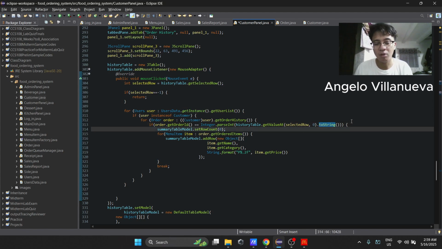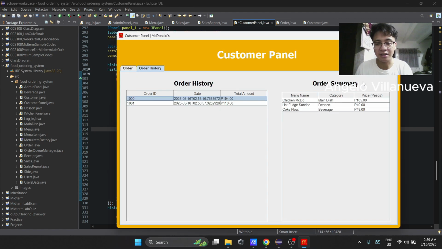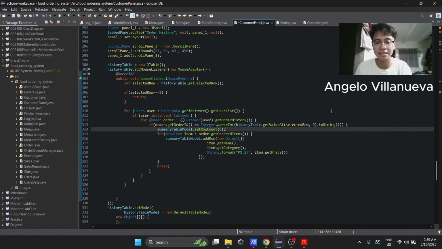So, after natin makuha yun, set muna natin row count ng summary table model natin to 0. Para every selection, i-clear muna yung table bago idagdag or i-display yung current order summary ng order object nating sinelect.